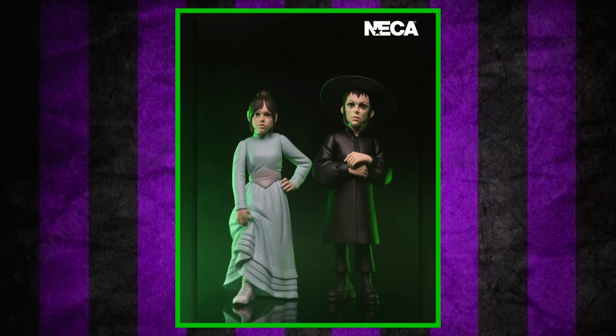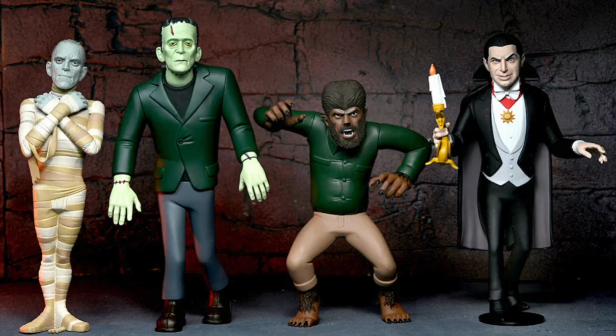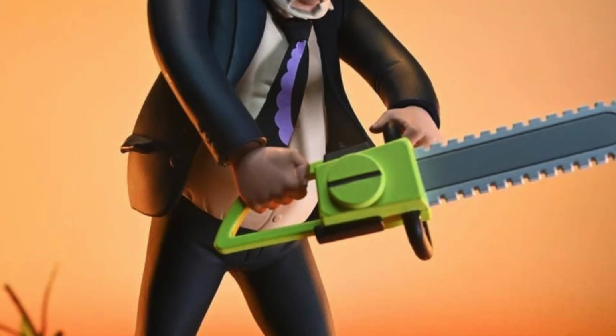But now it's time to get to some action figures, and we'll start off with these double figure packs of Astrid and Lydia, and Beetlejuice and Dolores that are joining the Toony Terror line. Although I don't personally collect the Toony Terrors line myself, mainly because I'm not the biggest fan of the whole stylized figure sort of thing, I actually really like this figure line, and I think some of the Toony Terror releases look outstanding, especially the ones that manage to capture the likeness of a character and translate it perfectly into